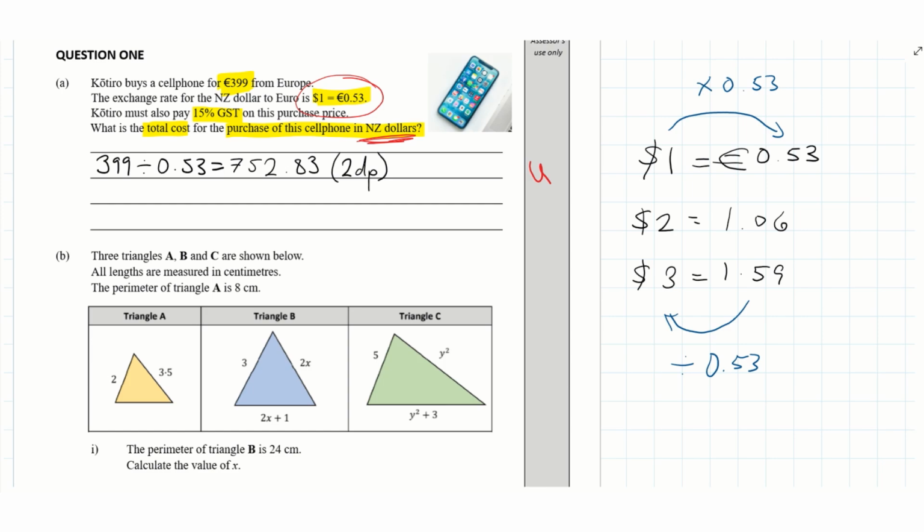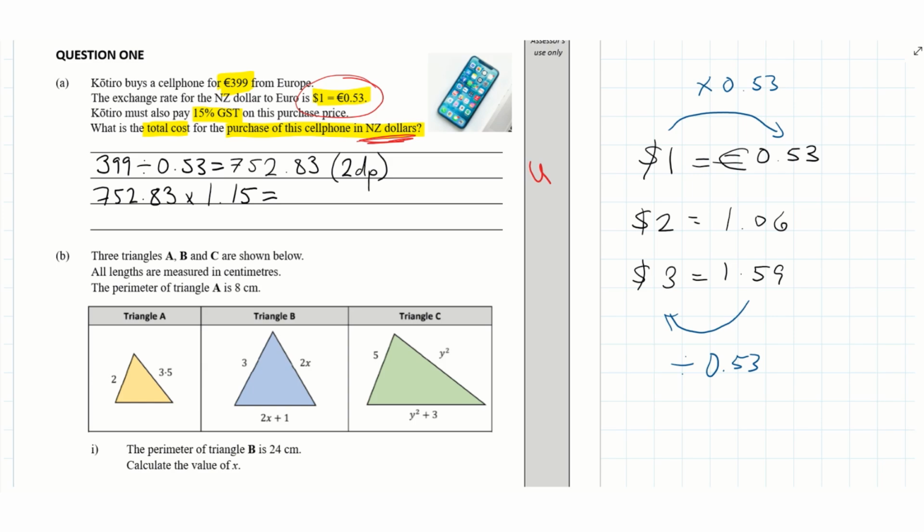We still need to pay the 15% GST on this price. So there's a few ways you could do it. The way that I'm going to choose to do it is I am going to take this value right here, $752.83, and I'm going to multiply that by 1 whole. So if I just multiplied it by 1, I would get the exact same number. But I don't want it to come out to the same number. I want it to come out with that plus 15%. So I'm multiplying